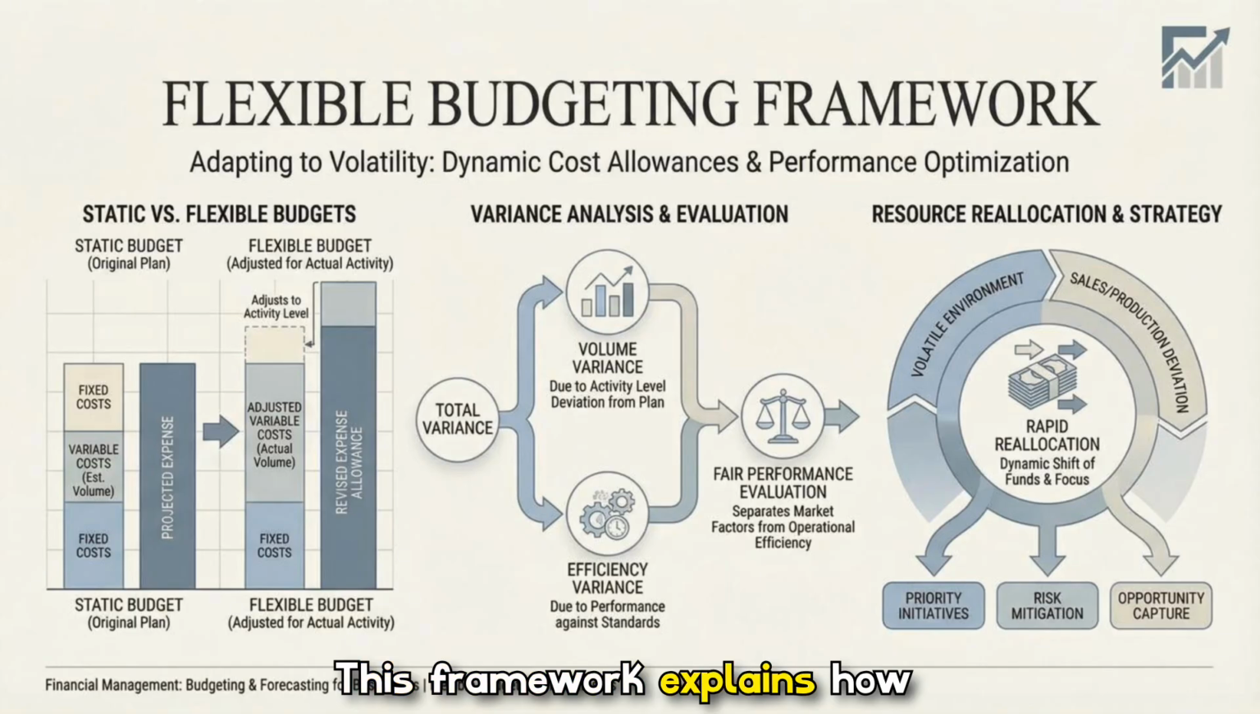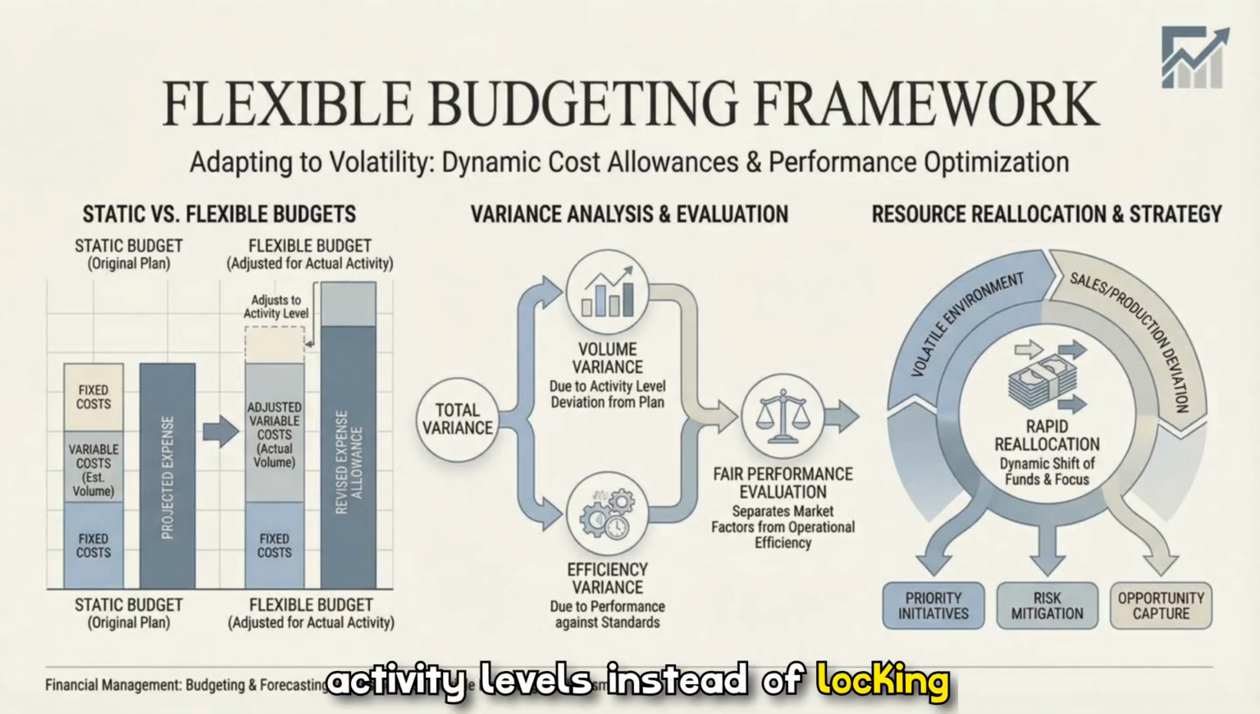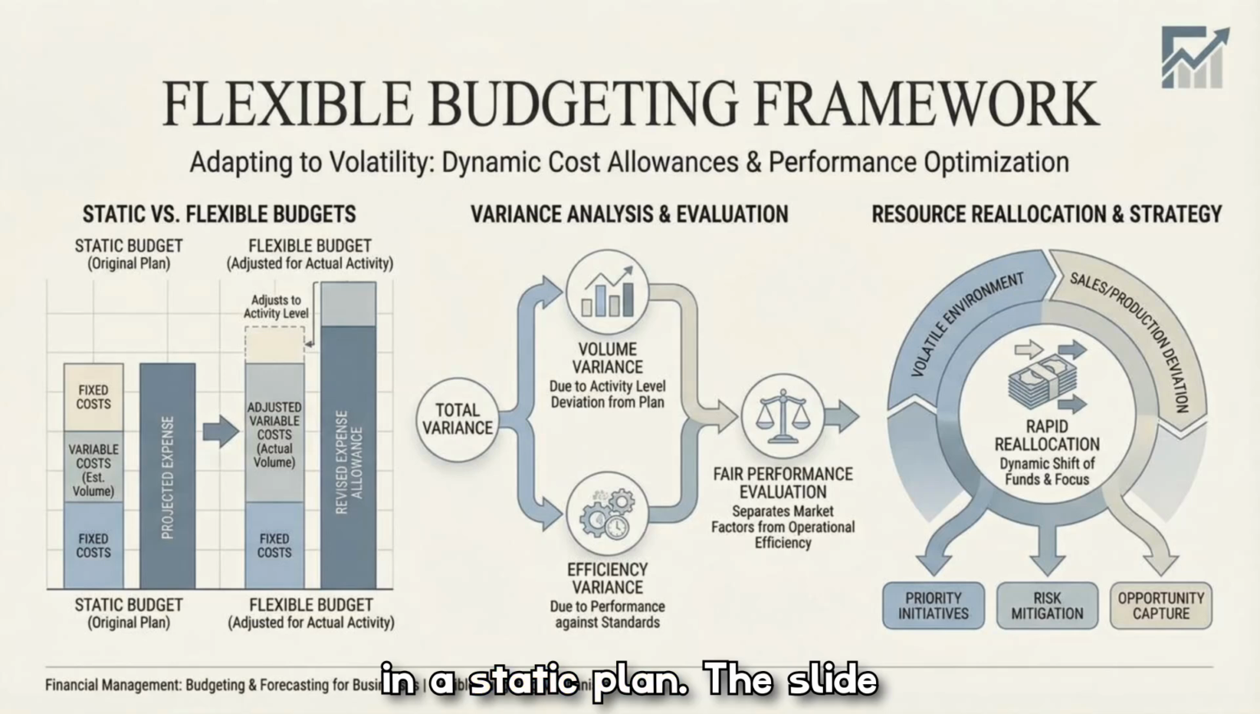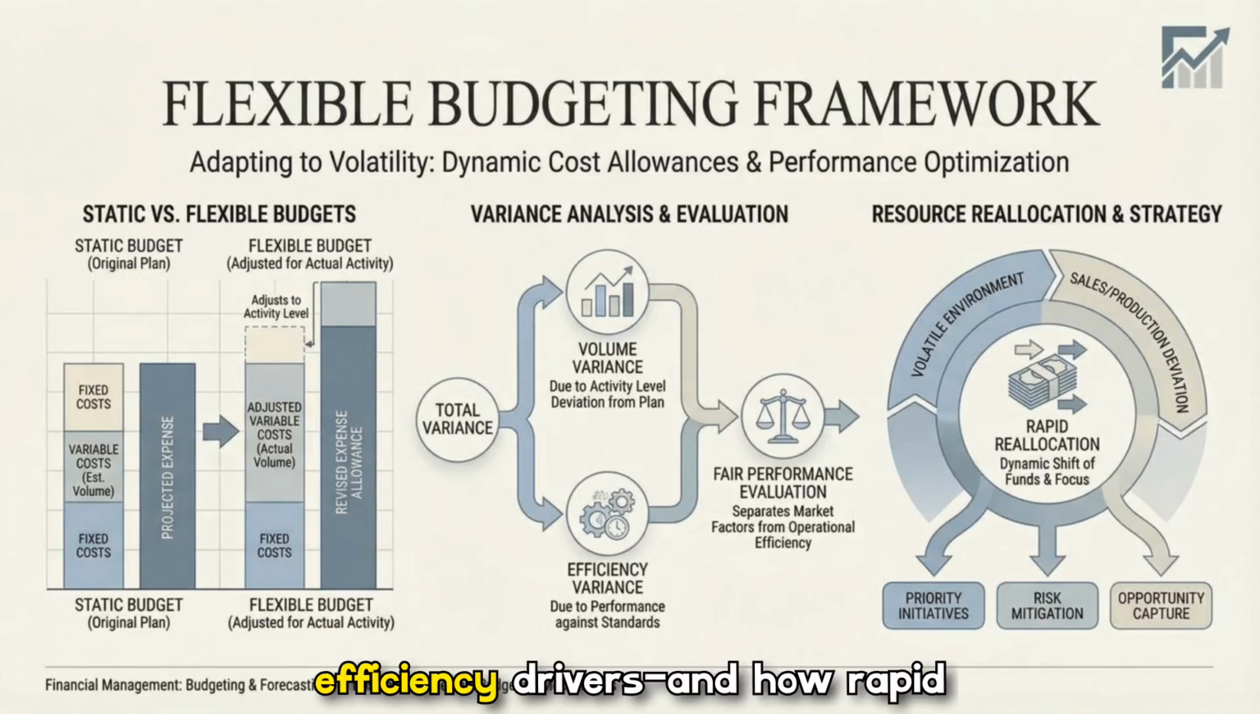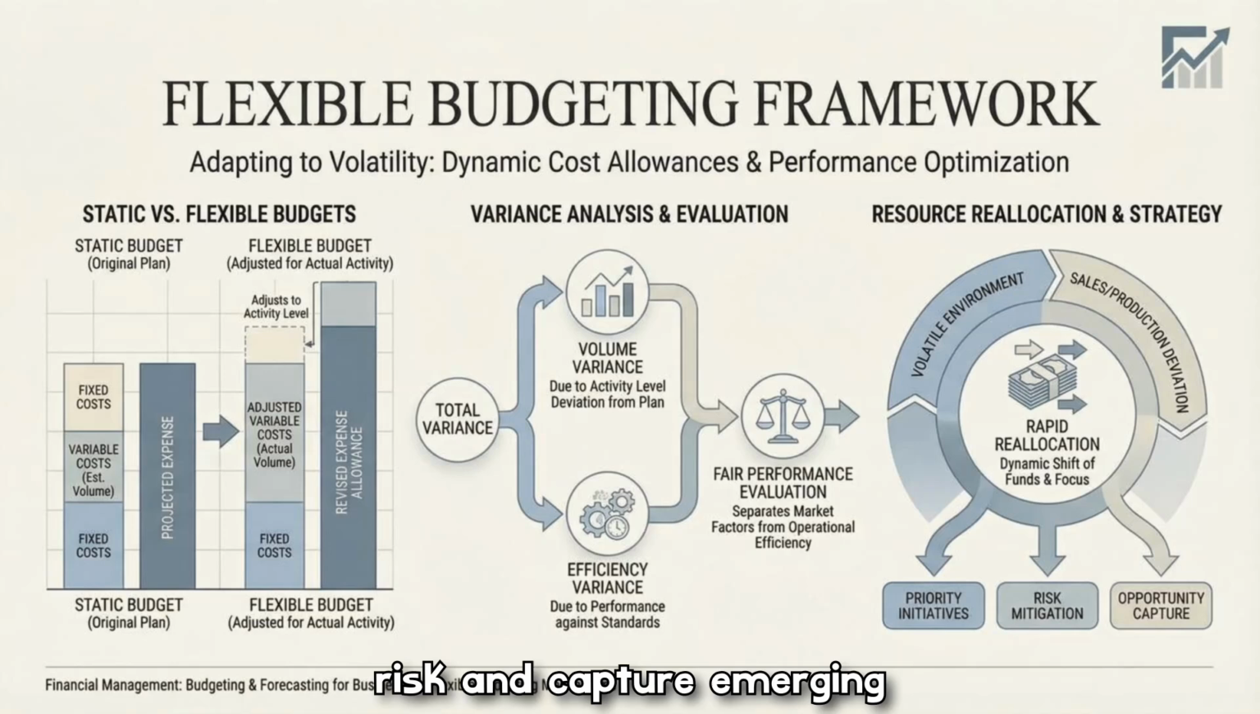This framework explains how flexible budgets adjust to actual activity levels, instead of locking in a static plan. The slide walks through variance analysis, volume versus efficiency drivers, and how rapid resource reallocation helps respond to volatile environments. The point is to show dynamic cost allowances and performance optimization so you can prioritize initiatives, mitigate risk, and capture